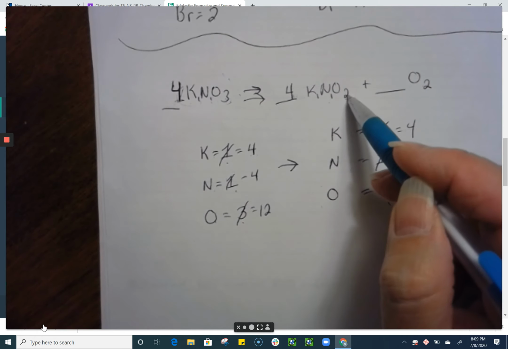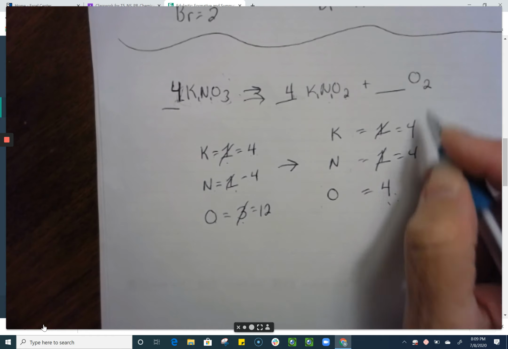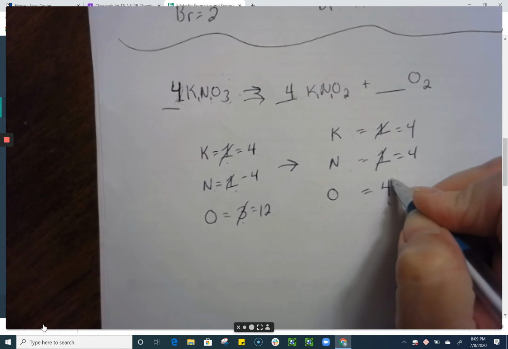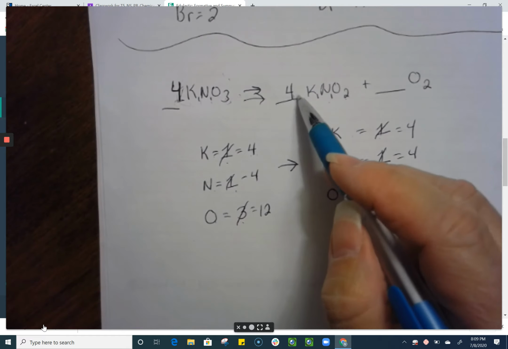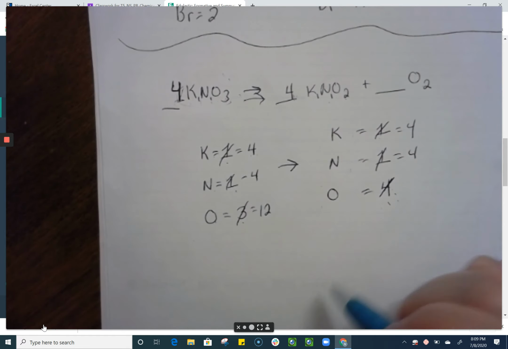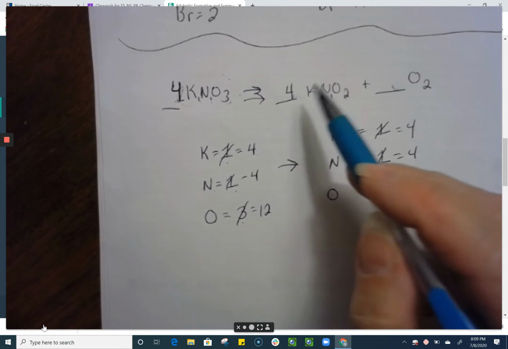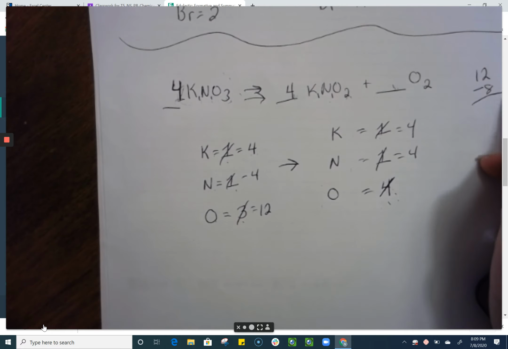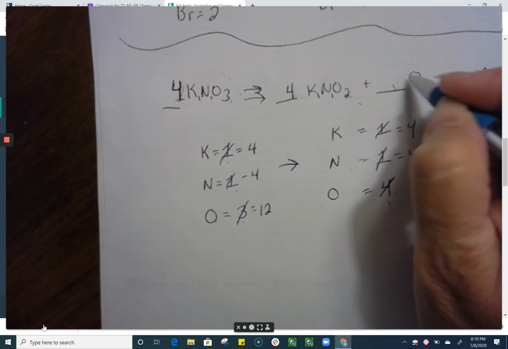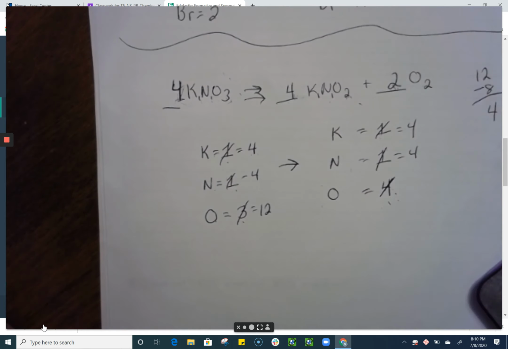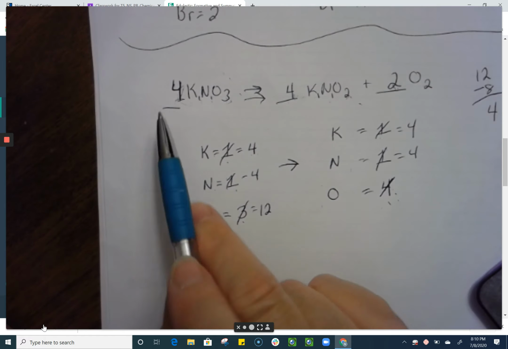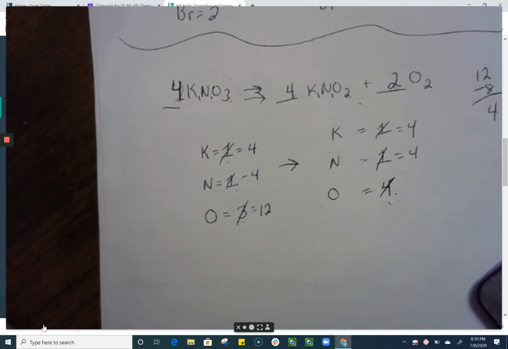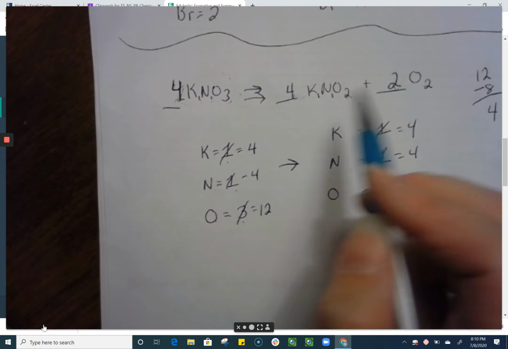And 4 times 2 gives me 8 plus 2 more is 10. That's not enough. But I don't need to put a 5 here because that throws all this mess off. But I can still put a number there. So 4 times 2 is 8. I'm looking for 12. If I put a 4 there, that gives me 8. I need 4 more. So to get 4 more, I can put a 2 here. Now, what I'm seeing here is I have a 4, 4, and 2. That's not the lowest common multiple. Actually, what you could do is